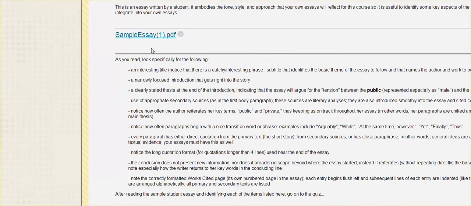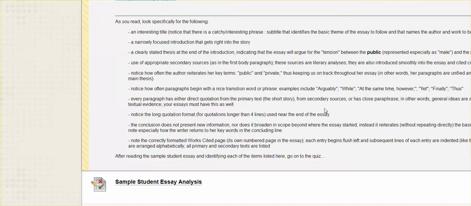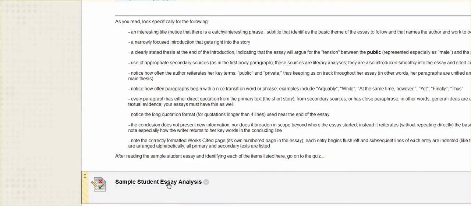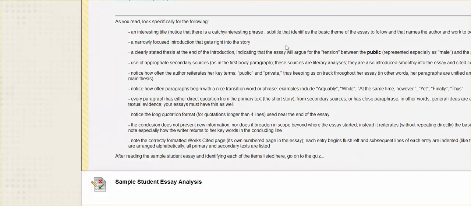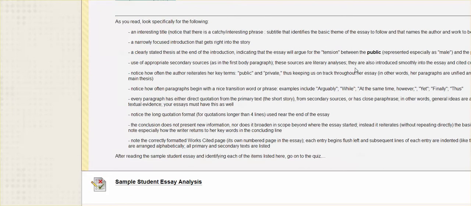Of course, the sample essay is of the type that we'll be writing once we get to the full-blown essays in our class. So the quiz will point you to particular things that you'll want to emulate in your own writing, but also test to make sure that you understand what a primary source versus a secondary source is, or to look for certain key components of an essay. We're not writing our own yet, but we're putting the pieces in place so that when we do write our own full essay, we have all of those things ready to go and we can apply them.